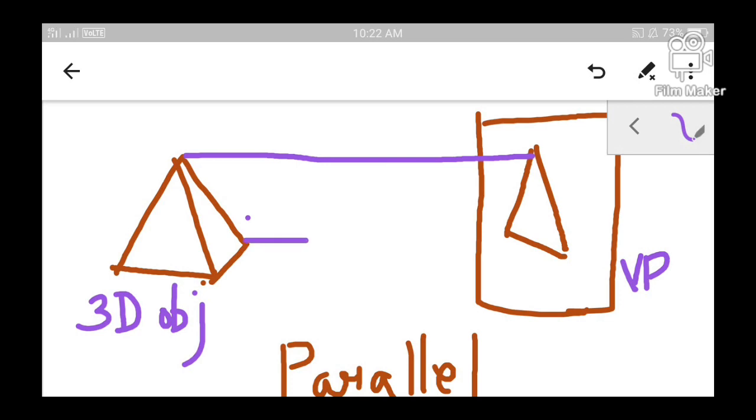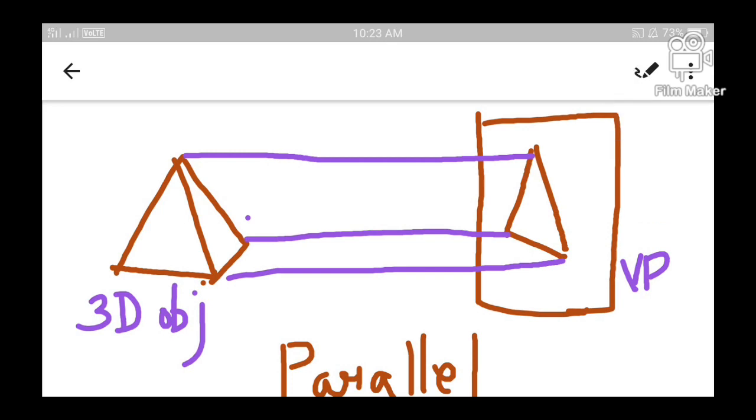Thereafter, we will get the projection lines in this fashion. And we see that these projection lines are parallel to each other. So while mapping a 3D object to a 2D view plane, if these projection lines are parallel to each other, then such a projection is termed as parallel projection.